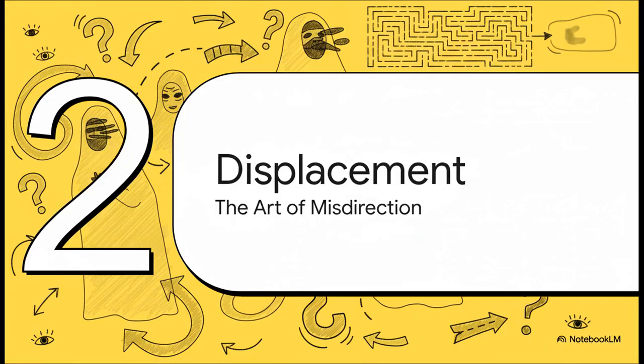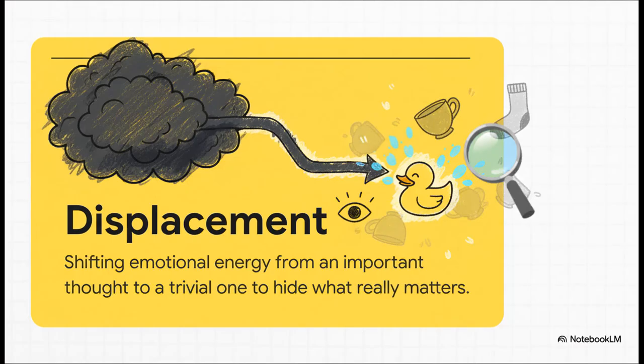All right, the second mechanism is where the dream's censorship really kicks into high gear. This one's called displacement, and it is truly the art of misdirection. Okay, so if condensation is about squishing information down, displacement is all about disguising what's important. The dream work takes all the intense emotion that's attached to a really significant, maybe even scary idea, and it just moves it. It transfers it onto something that seems totally random and unimportant in the dream.